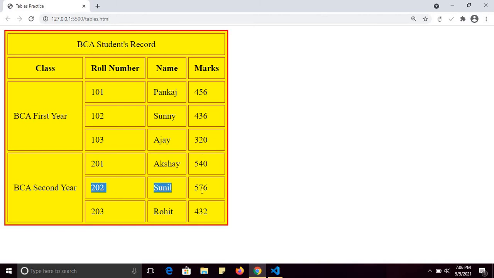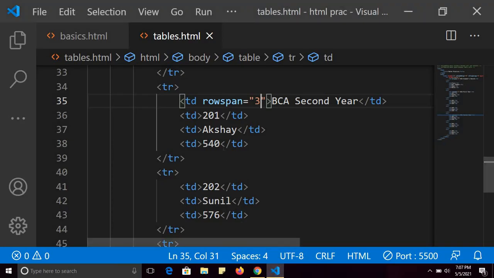Right. It is a little bit confusing, but you will learn with practice. Fine. So let me again explain you. Suppose I want to store one data here, roll number 104 for BCA first year.